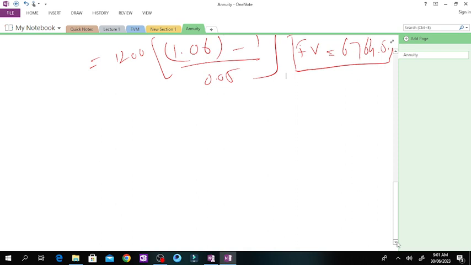James deposits 2500 today in a project that will pay him 8% for 10 years. What amount would he receive at the end of the last year, meaning at the end of 10 years? So what will be the case? The case would be like,